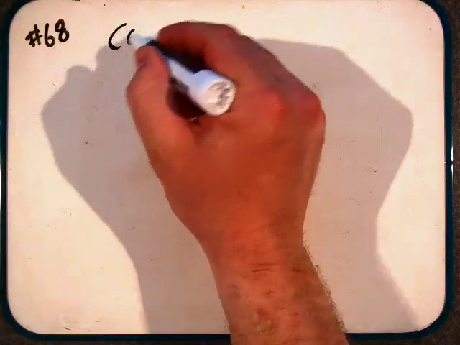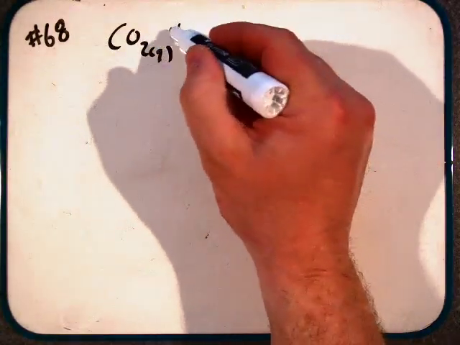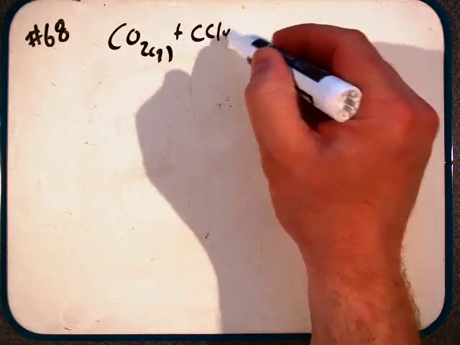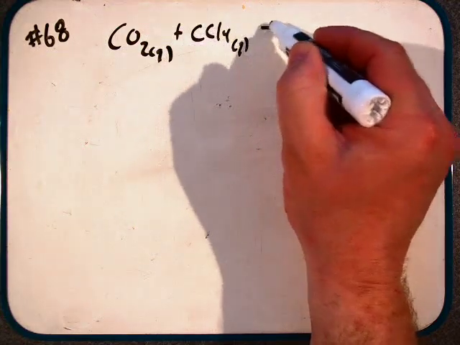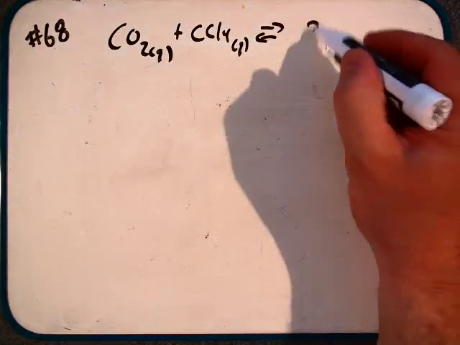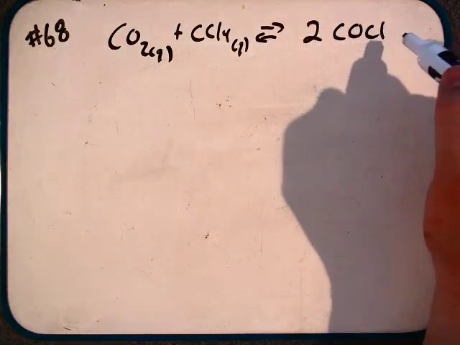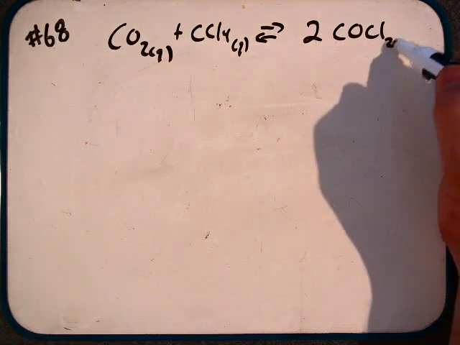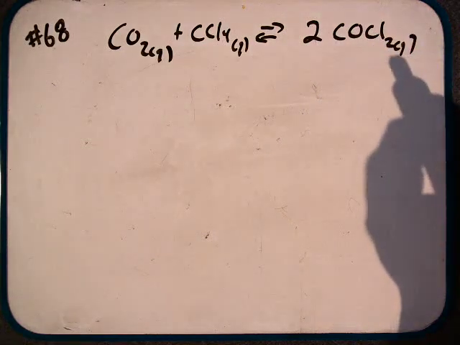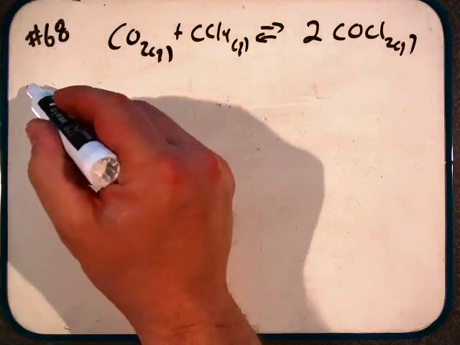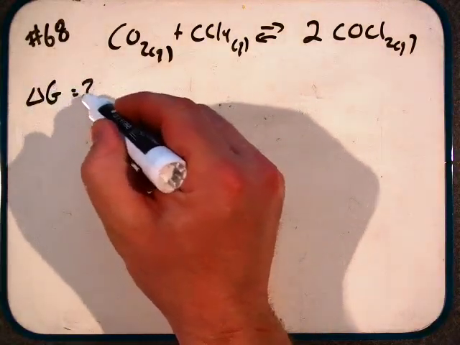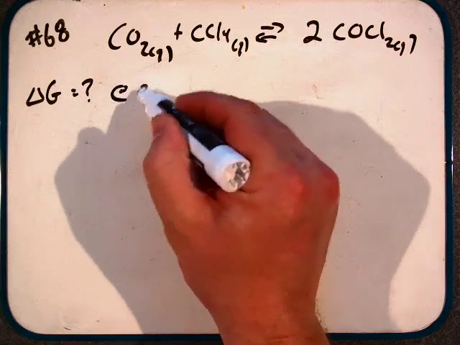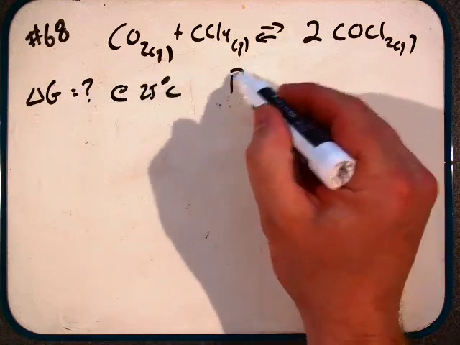This is number 68 in chapter 17. It asks us to consider the following equilibrium reaction. We have carbon dioxide plus carbon tetrachloride in equilibrium with two COCl2s, or oxyl chlorides, as a gas. And it asks us what is the delta G for this process at 25 degrees Celsius if we have a